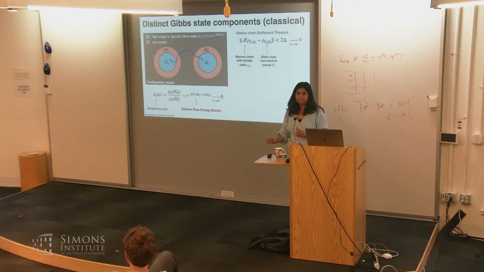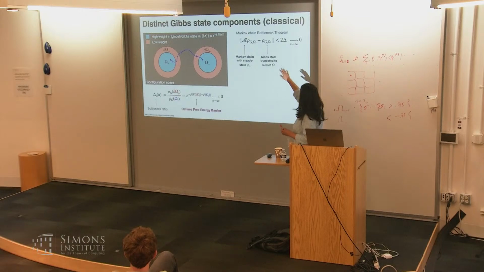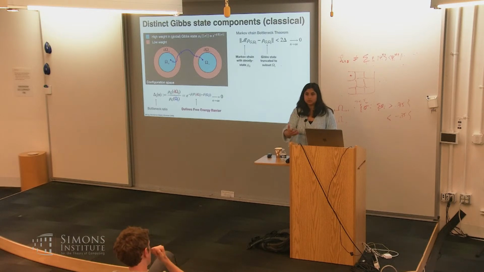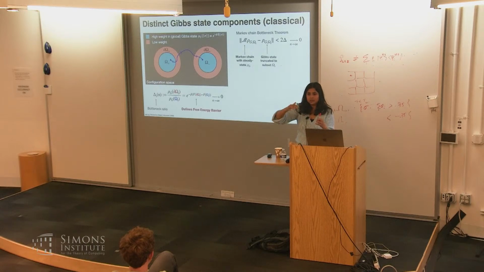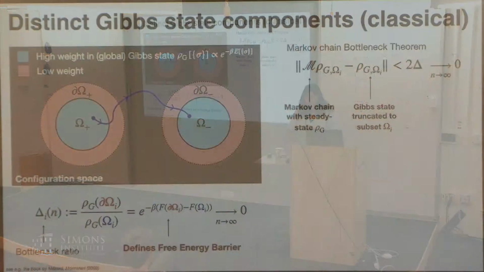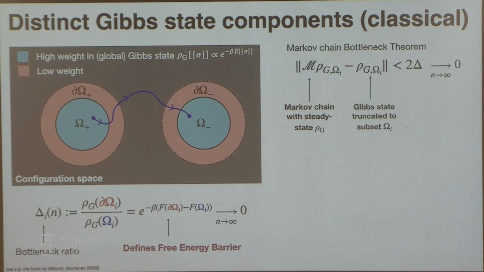Yeah. In this statement of the theorem, where does the time elapse in the Markov chain enter? Oh, so what you're going to do is something like, you want to ask how many times do you apply this channel, if you're thinking about it discretely, such that you still remain close to omega plus. So you might want to say that the distance between the state that you're in and omega plus should be less than epsilon, and you can ask how long it takes for some tolerance epsilon that you can define, and then you can just apply this, and you can show that it would take some time.